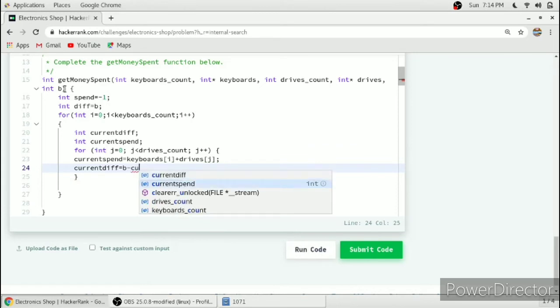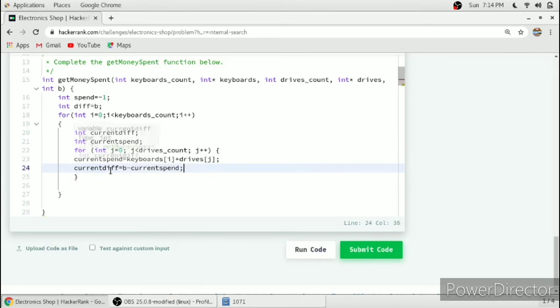So the current difference should be positive, or else we cannot buy the things. We have to return -1 if the current difference is negative in all the cases, that is, the amount we spend is more than the amount we have. In this case the current difference will be negative and we cannot buy that item.